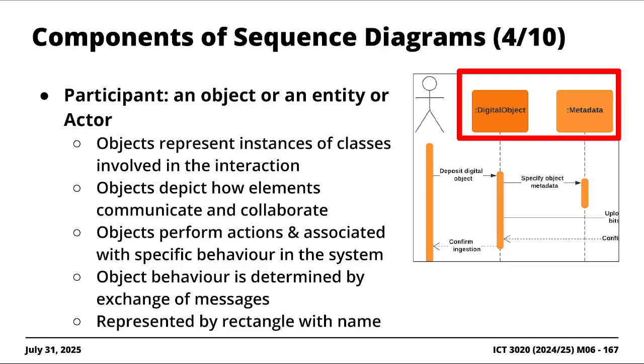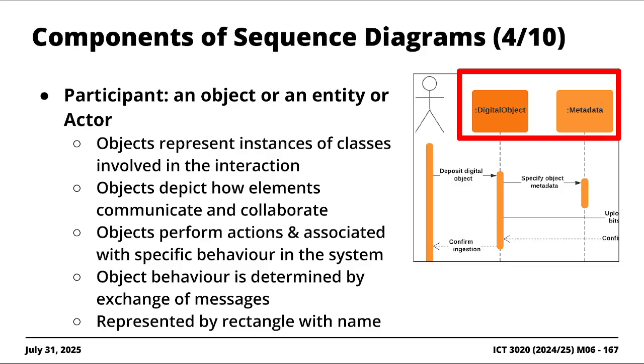Okay? So in this particular case, we are saying at some point there's going to be a situation where the digital object class is going to evoke a method contained in the metadata class, right? And we see this manifest itself through the message evocation of the message specify object metadata or something like that. In terms of the syntax, we see really that,